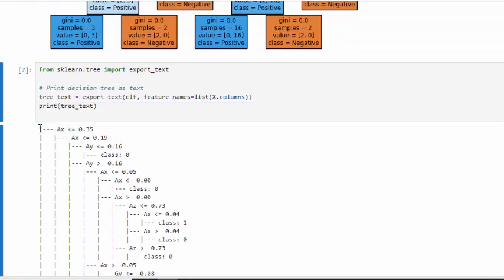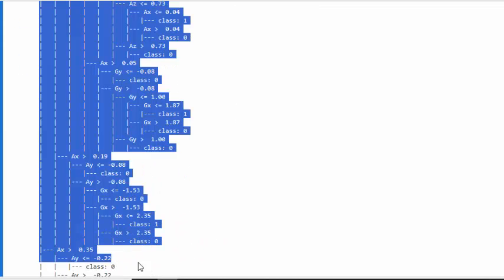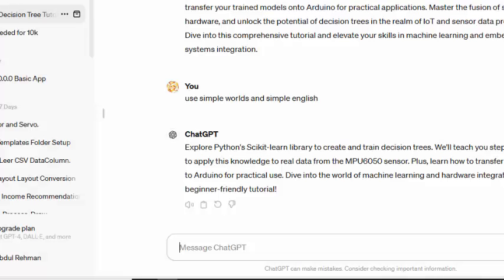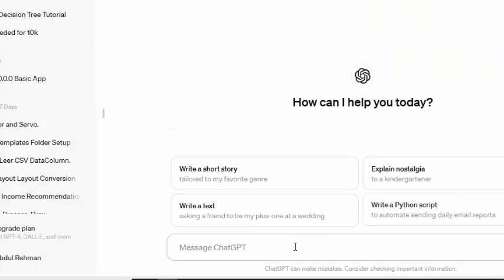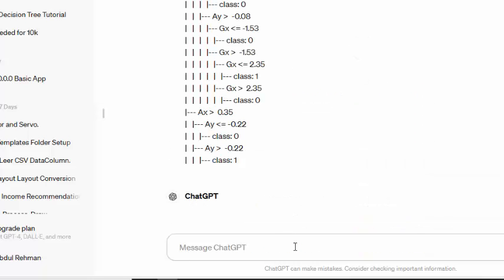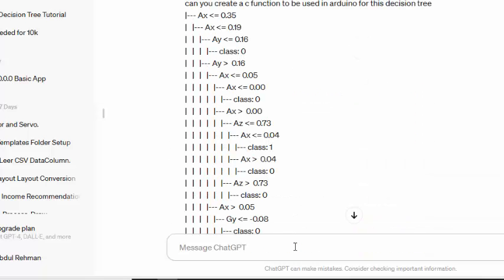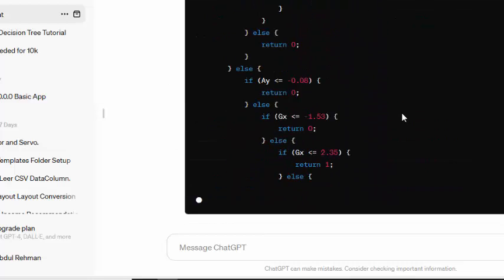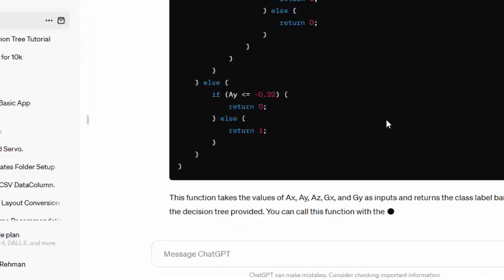So for example, let me grab this. Okay, so move to ChatGPT, and ask: can you create a C function to be used in Arduino for this decision tree? And you put that, it will automatically create a C function for you,